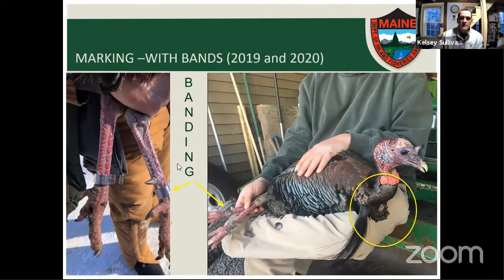So in 2019, we expanded the study to include a banding component. And this was really specific to getting at harvest rates, but also trying to get at population estimation. And I'll go into that a little bit more on a slide further down. But basically, like waterfowl or other bird species, banding birds, and then getting recovery information for hunted species,